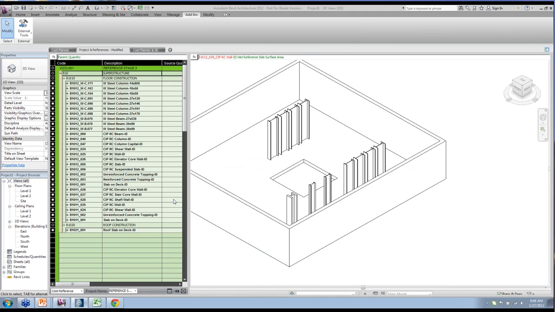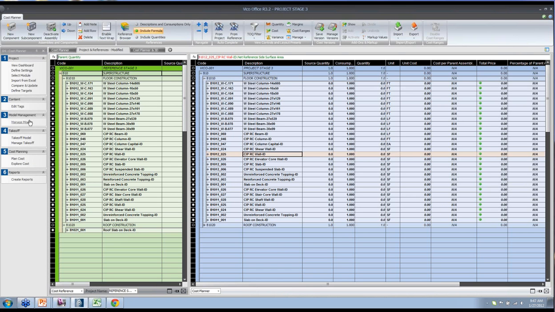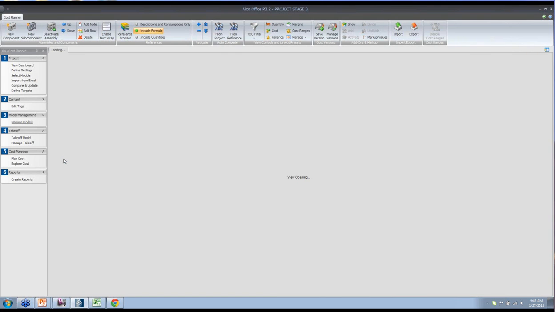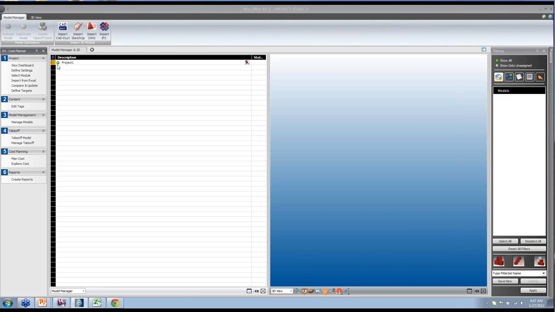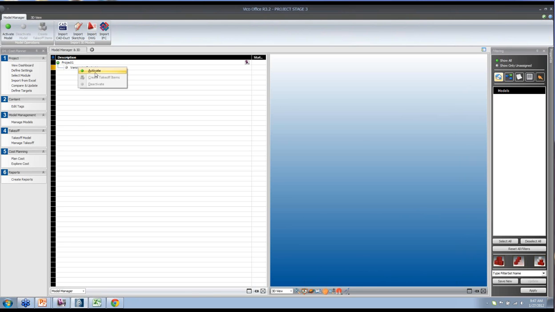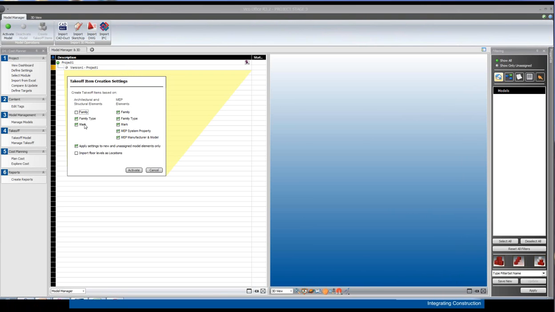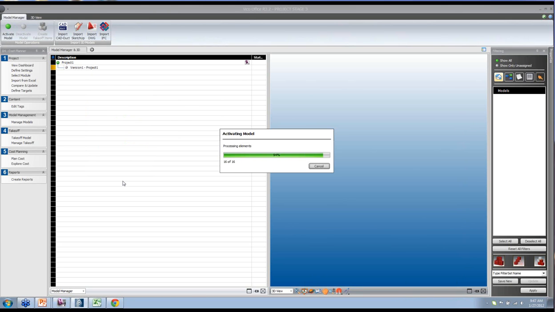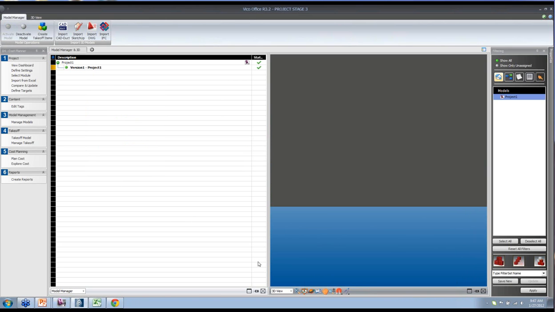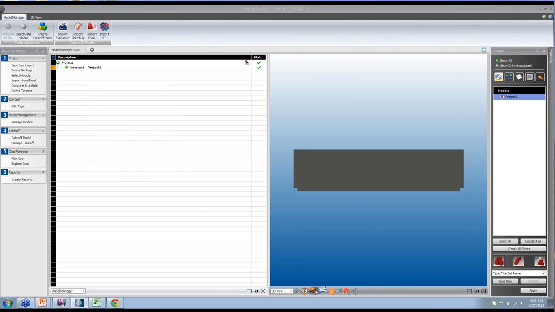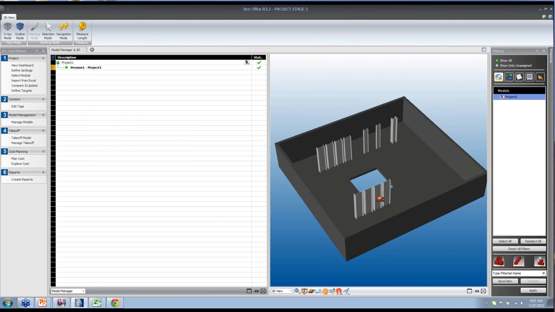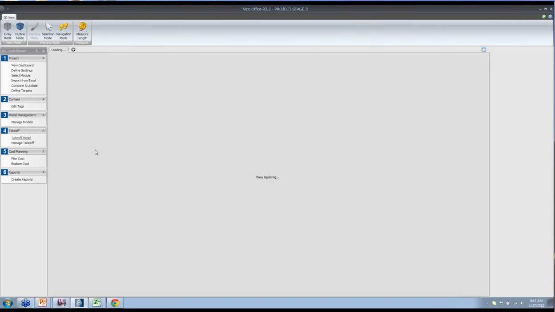So when I go back to Vico Office, I can go to Manage Models, and I can activate my project stage model using the family type property that I decided to use, which could also be documented in the primitives, so my guidelines for each of the elements. And I click Activate, and I will see the model that I just prepared in Revit. Let me zoom out a little bit with the steel elements and the slab. And when I go into the